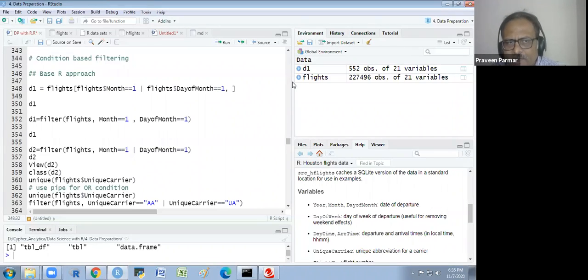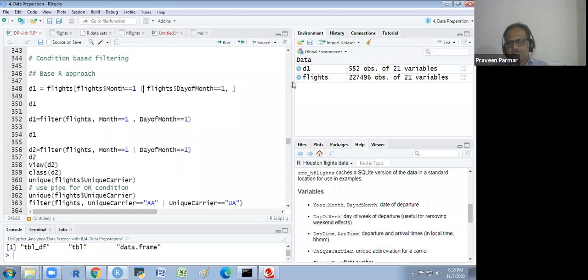Then I will get the data of all 31 days of January, flights$month equal to 1, all 31 days' data. And here flights day of month, it means 1st January, 1st February, 1st March, up to 1st December.